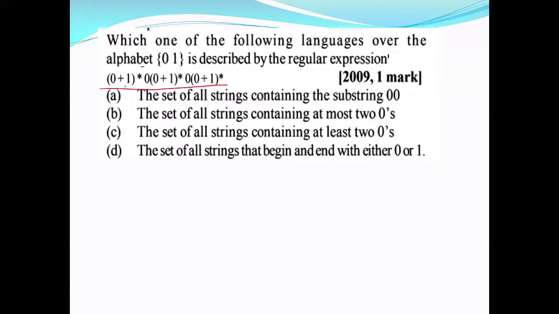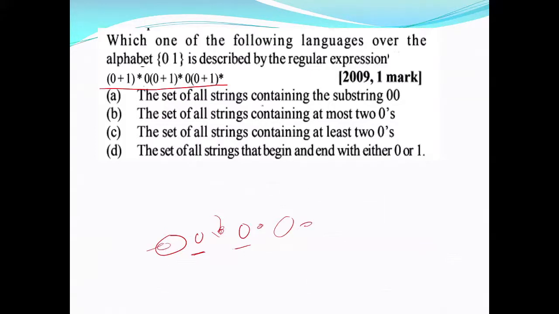See, any string of zeros and ones, 1 0, then any string of zeros and ones, another 0, and any string of zeros and ones. There is no limitation and no restriction on these three, but the restriction is on this 0 and this 0. That means you can have anything with 1 0, then in between anything with another 0, and with anything. That means there are at least 2 zeros. Then you can put anything in between them, or at the beginning or at the end.